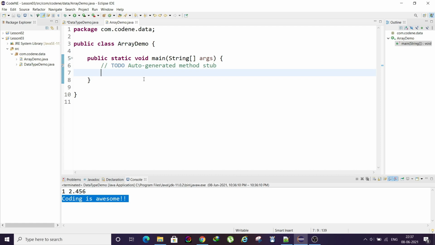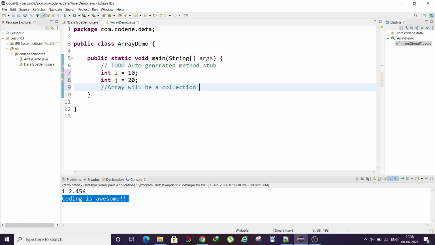Let's say you have int i equals 10, and int j equals 20. What an array will represent is a collection of these two variables